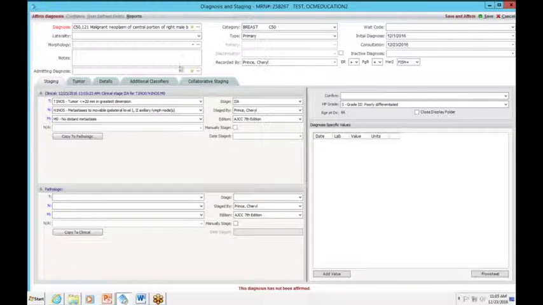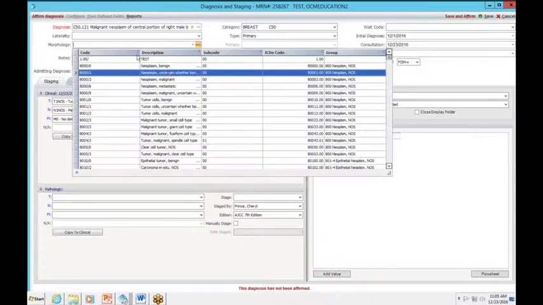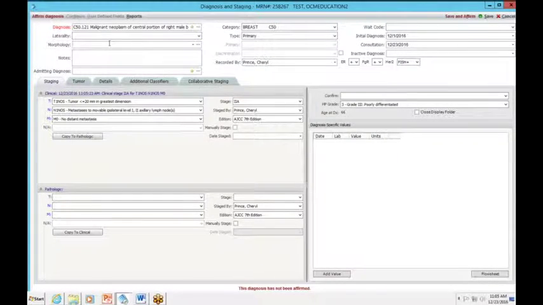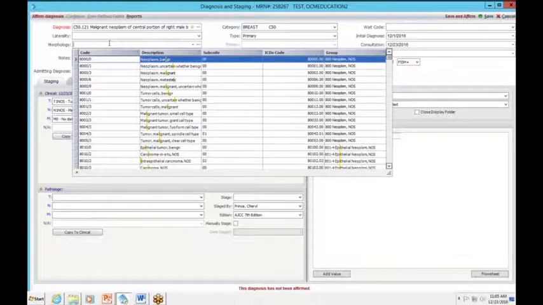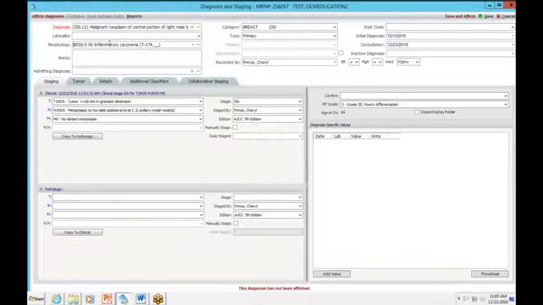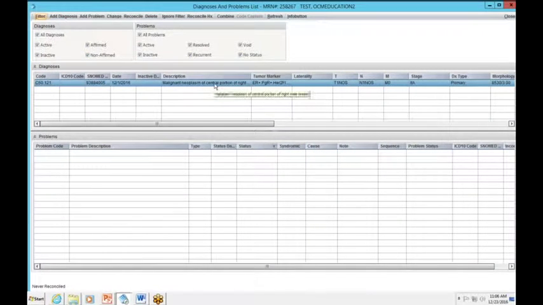Once you have all of this information and you verify, oh, look, I missed my morphology. You have to have that morphology. For breast cancer, they do want to know if it's inflammatory. If it's not, whatever the pathology report says, that is what you'll use. And then you'll save and affirm. Okay, there's your patient with breast